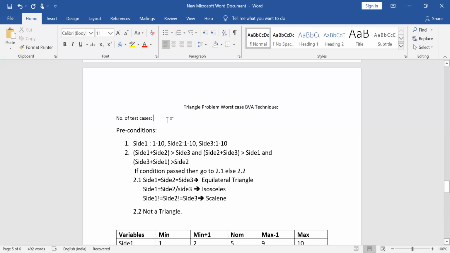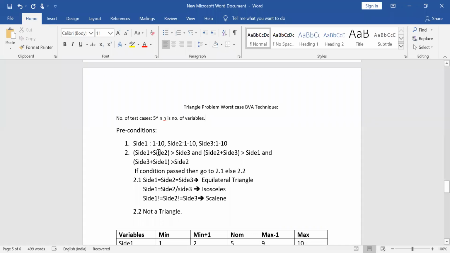How is it 125? It should be 5 to the power n, where n is the number of variables. So you need to design 125 test cases. Remember it.